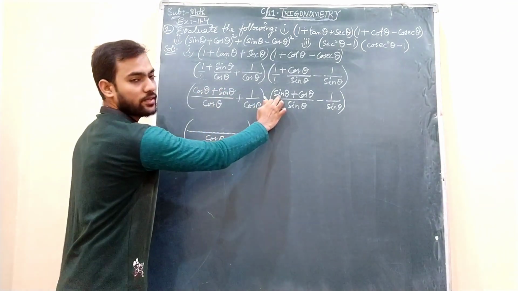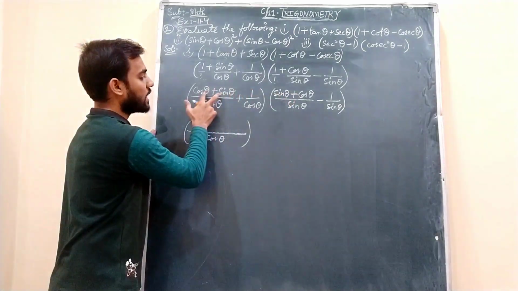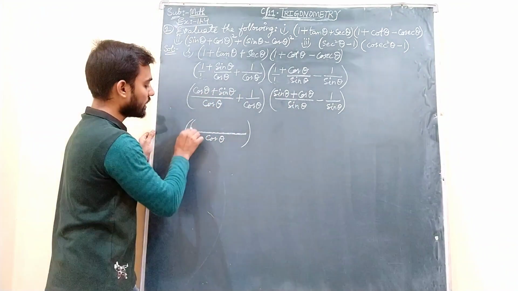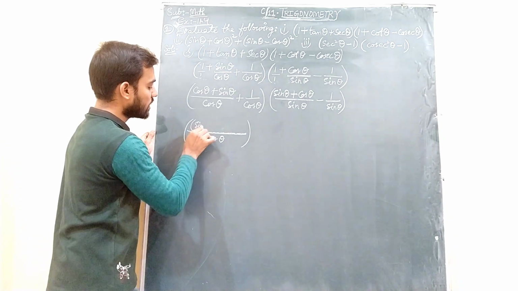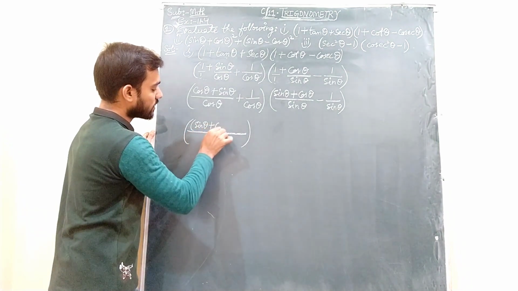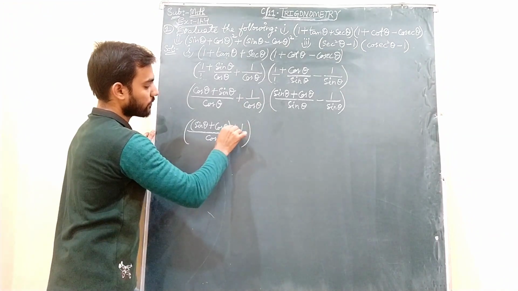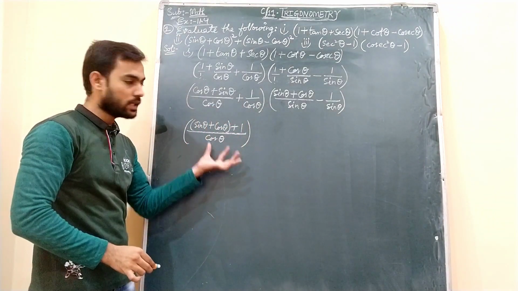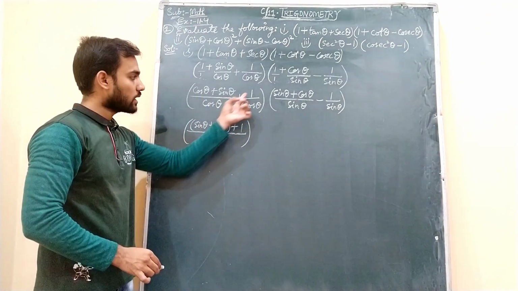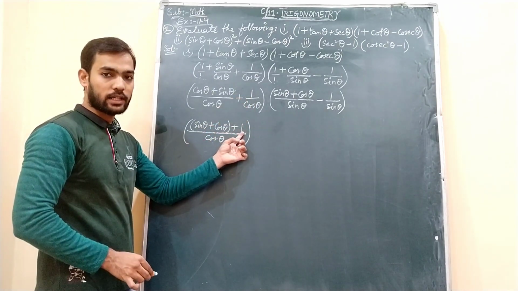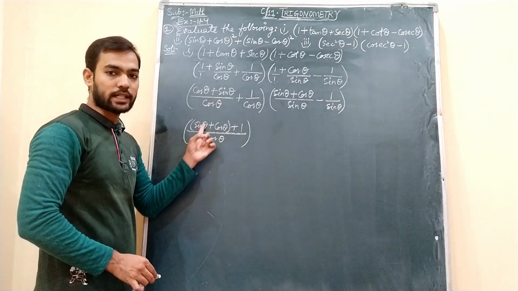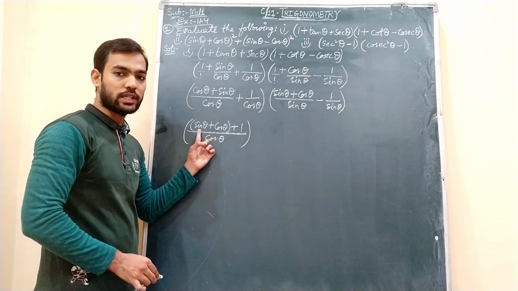Because here the order is different. So that is the reason to make this and this order similar. I am writing it as sin theta plus cos theta plus this one. I have taken LCM of it. This I have written over here and plus 1 I have written. Instead of cos theta plus sin theta, I wrote sin theta plus cos theta so that it matches with